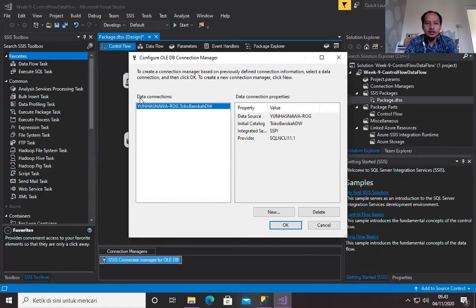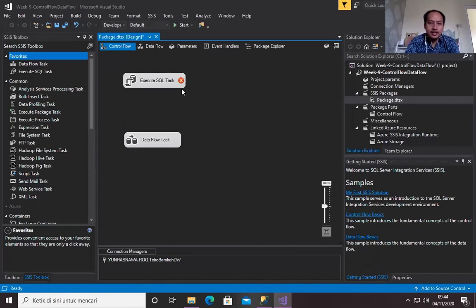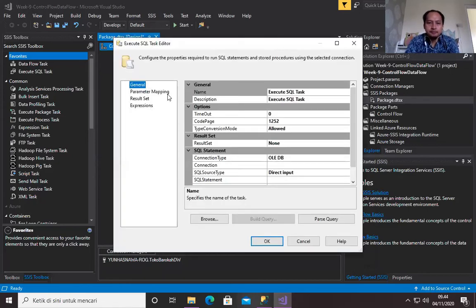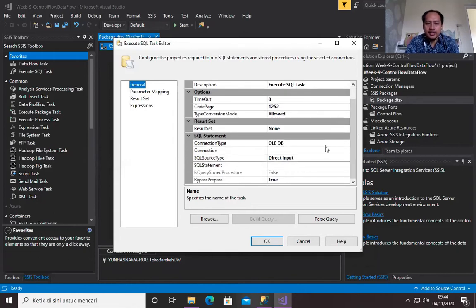Your newly created connection manager will be shown here in the OLE DB connection manager window. Click OK, and then you assign this connection manager to this Execute SQL Task. You can find it here in the General section, in the connection panel.